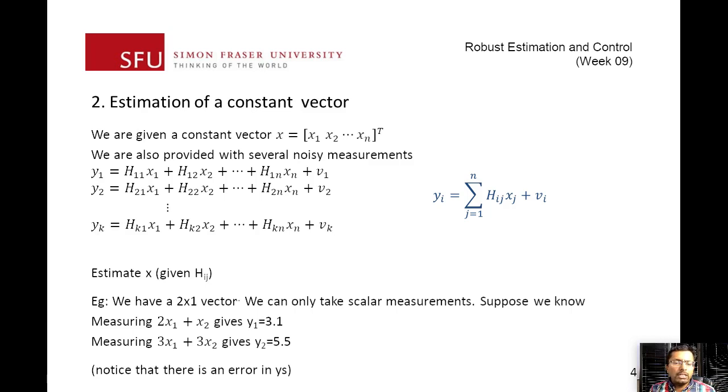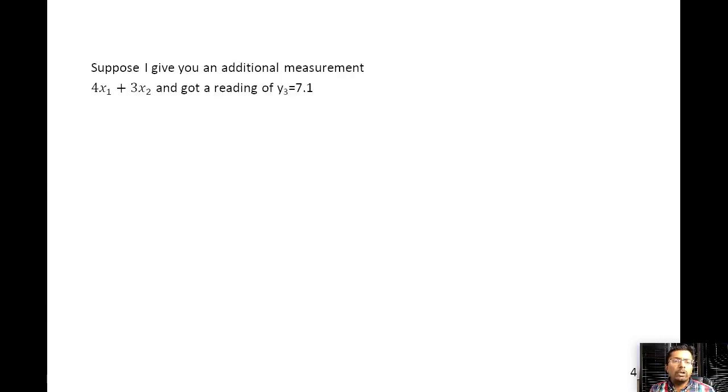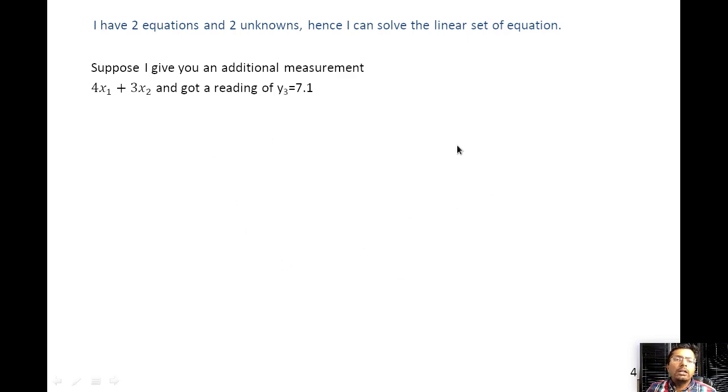Let's imagine I give you a third input as well. Just a quick note: if you have two equations and two unknowns, you can solve this. If I give you a third equation over here, now things get a little bit dicey. These are three equations, and if I consider the first two equations, I might get one solution for x1 and x2. If I consider equations 2 and 3, I might get a different solution. If I consider 1 and 3, I'll get yet another solution. So then what do I do?